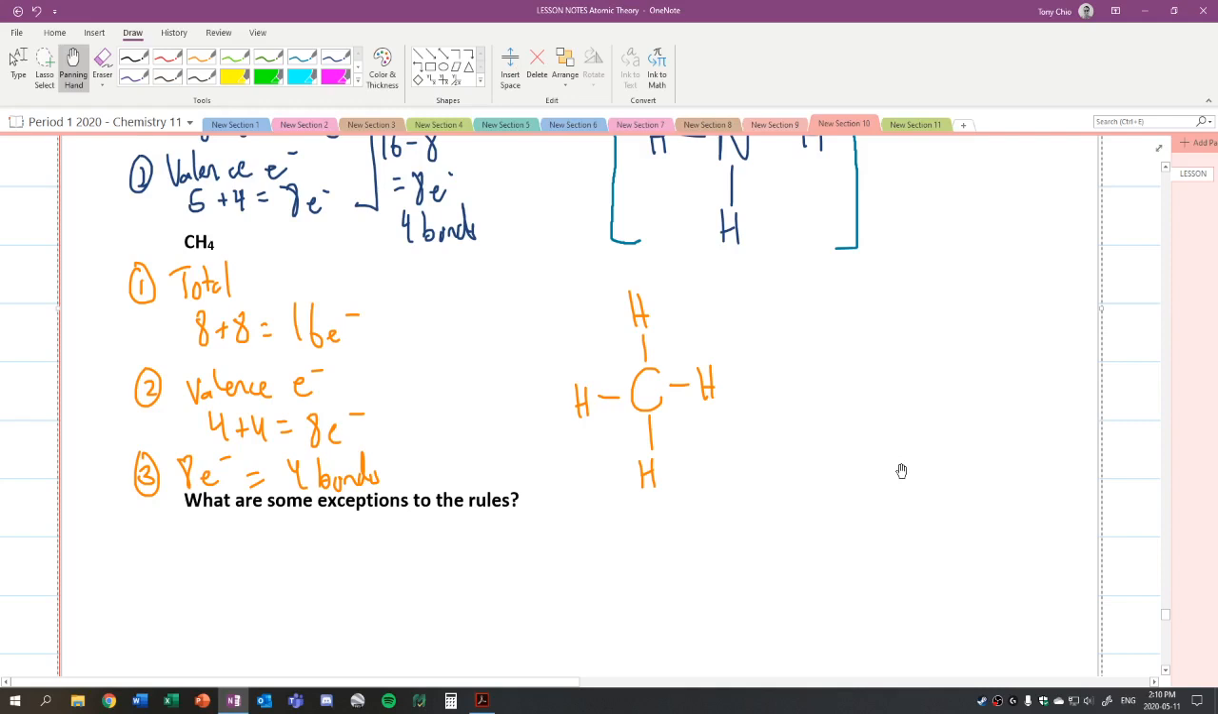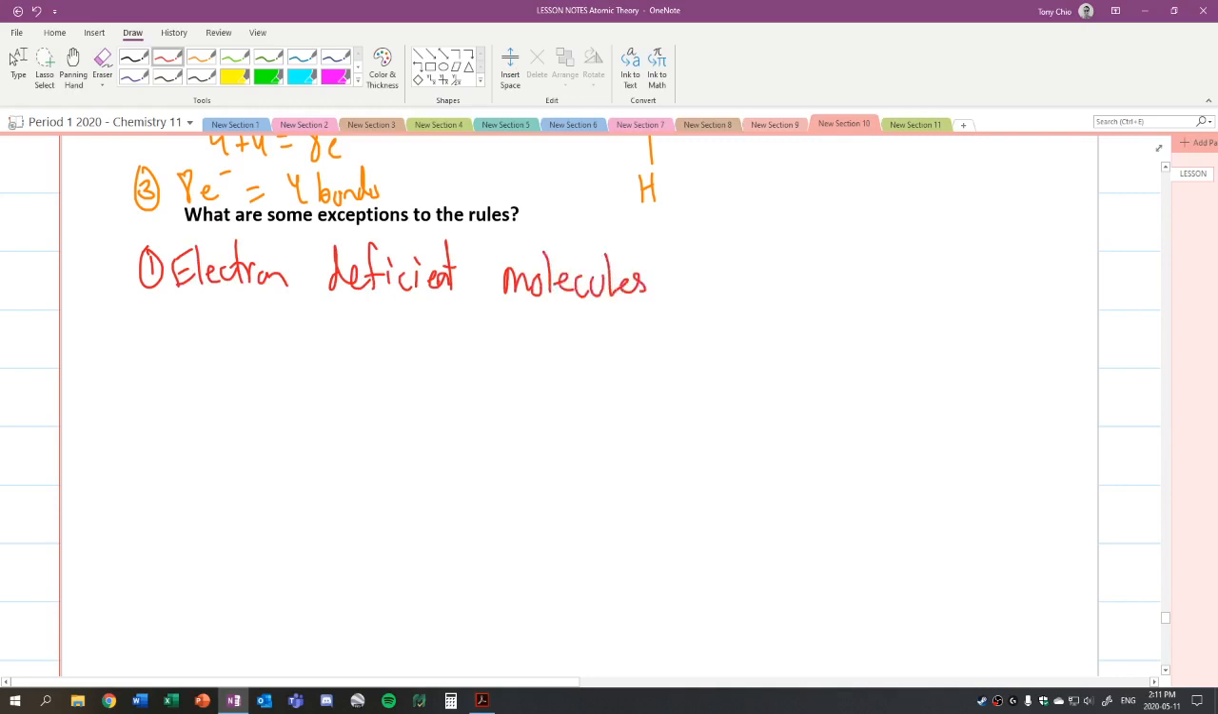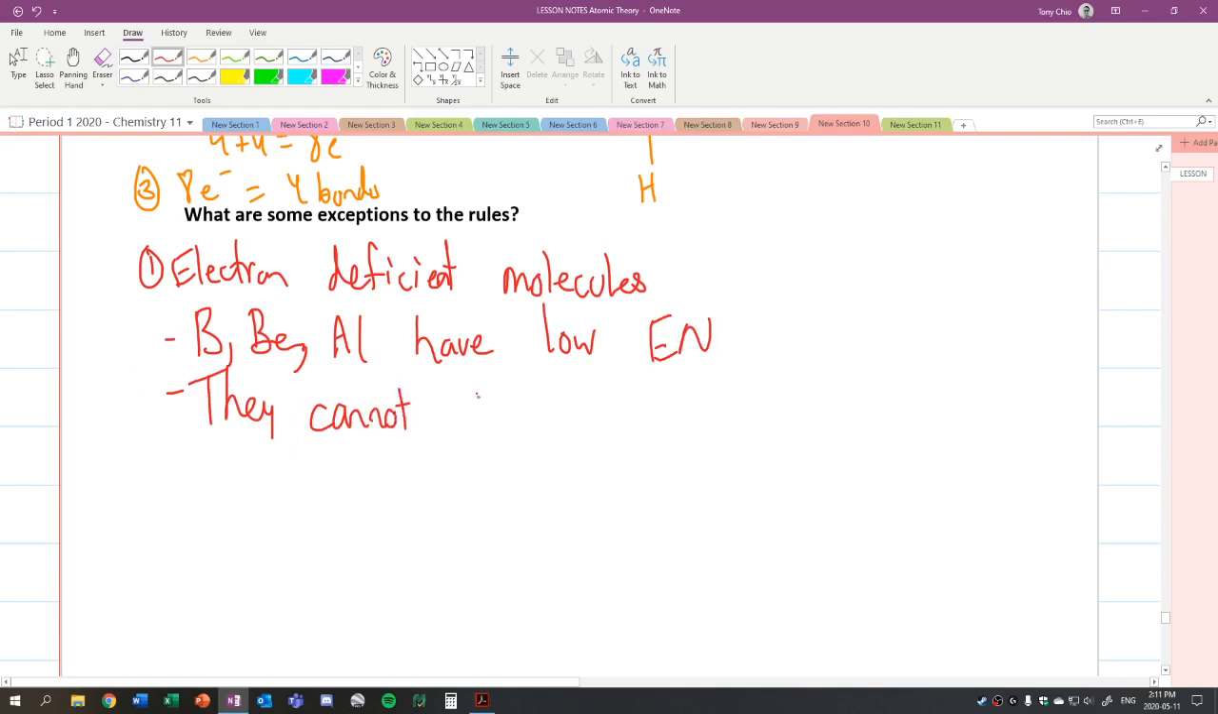Now there are some exceptions to the rules. One of the big exceptions is what we call electron deficient molecules. Now what does this mean? Well, boron, beryllium, and aluminum have low electronegativities. And because they have low electronegativity, they cannot form full octets